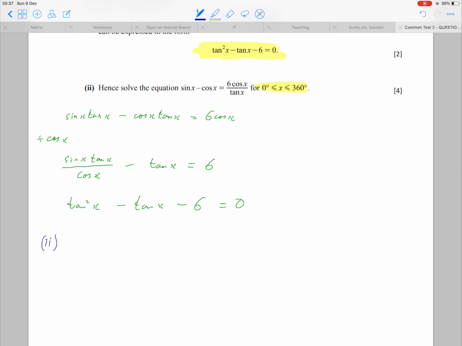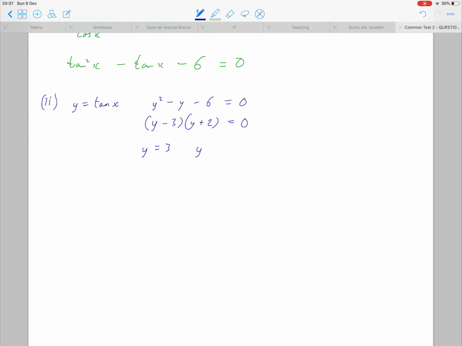Again, it's a disguised quadratic, so I might use y again, let y equal tan x, and we have y squared minus y minus 6 equals 0. This time I'm going to factorise it because it's an easy one. y minus 3, y plus 2 equals 0, so y equals 3, y equals minus 2, so tan x equals 3, tan x equals minus 2, and if we inverse tan those,